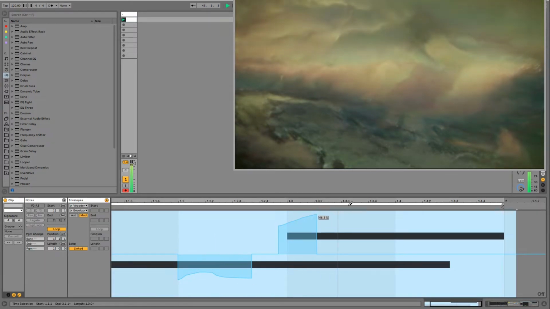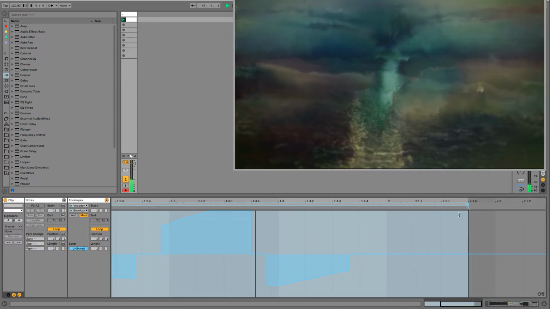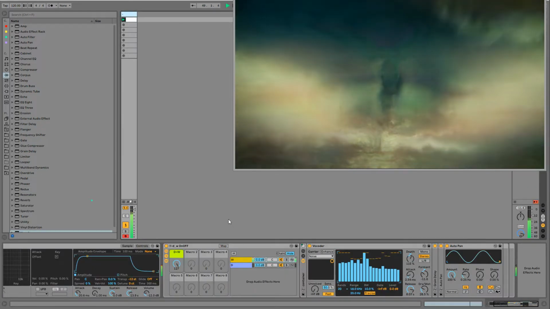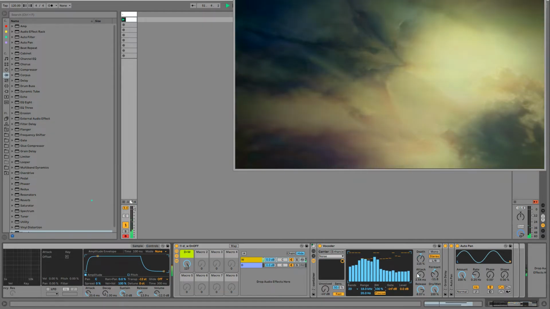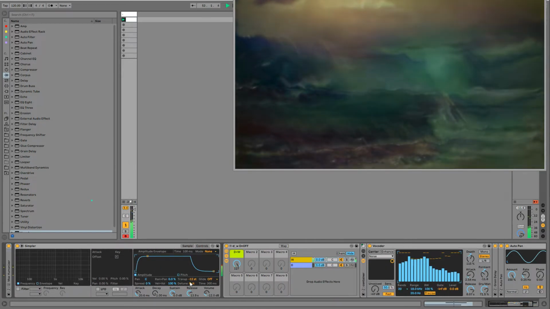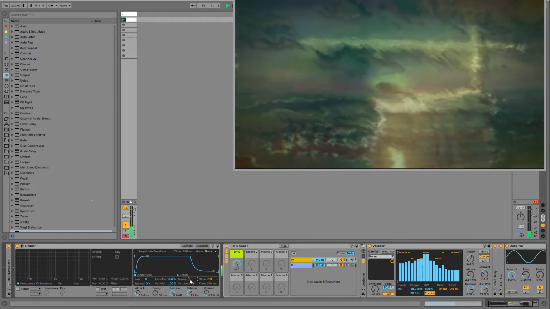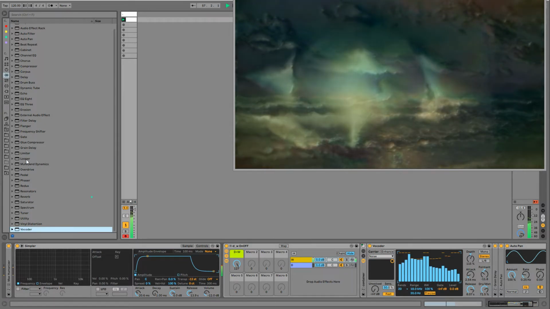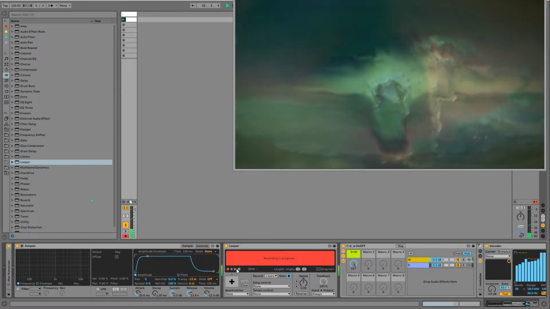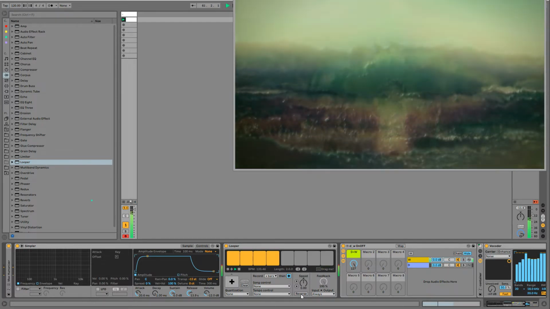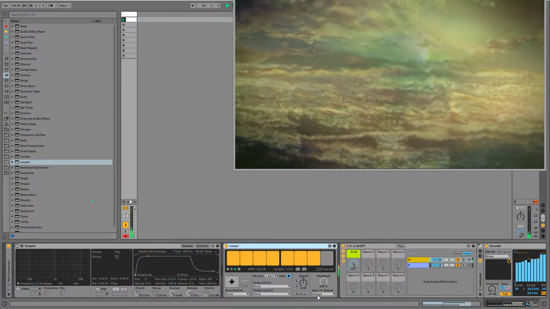Let's go ahead and modulate. I like the looper a lot, especially when you start playing with the reverse and the speed.